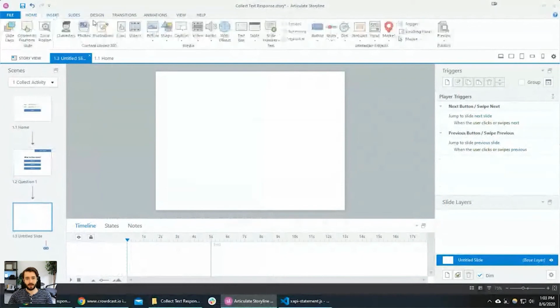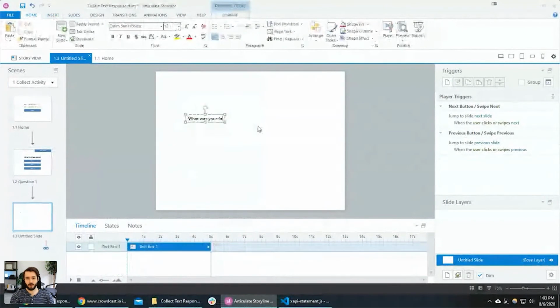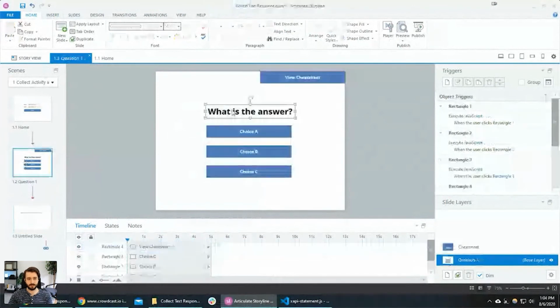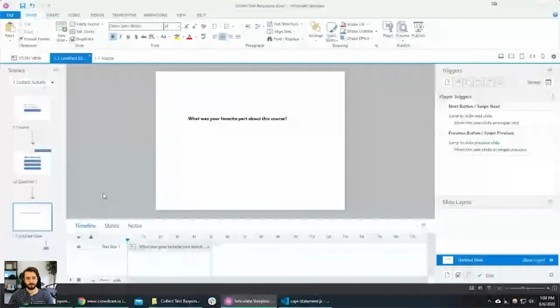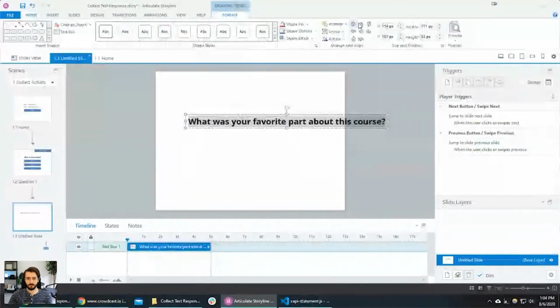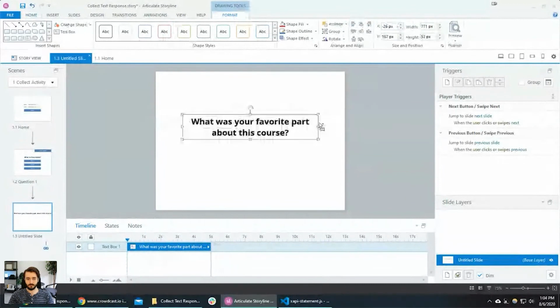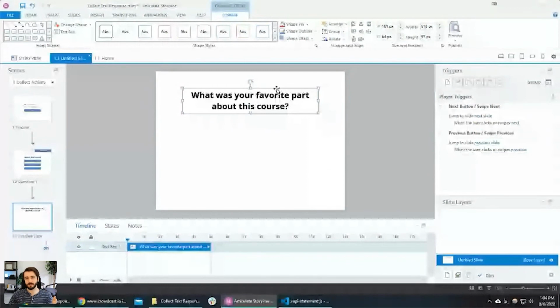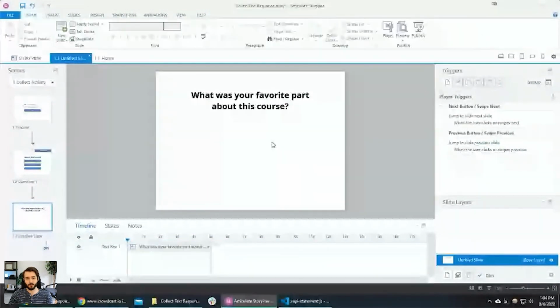So I'm going to add a text box. Something like, what was your favorite part about this course? This isn't really a course. Doesn't matter. Let me see what text size I used here, 24. So we're basically just adding a question. It doesn't matter what it is. If you are trying to use this in a project you've been working on yourself, feel free to use what we're going to learn here to do that. But once you've added the simple text box for the question,